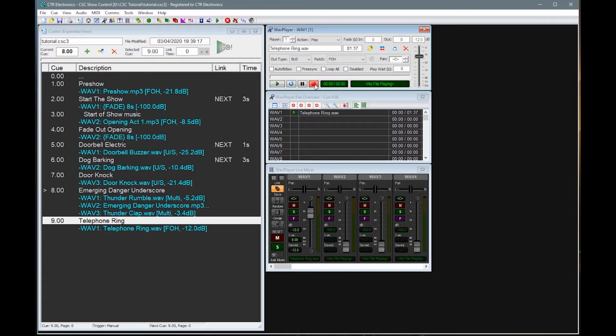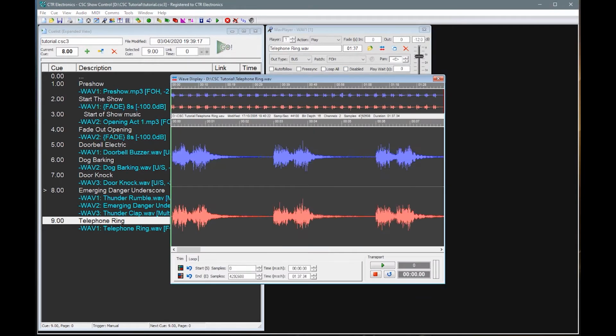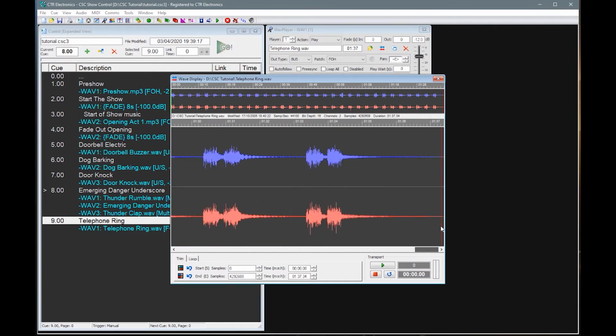And the other thing is what happens when you pick up the phone. So we'll just have a look at a couple of ways that CSC can help us in those sort of situations. If we open up the WAV file, we can see there's actually quite a lot of rings on this file, so we're probably not going to run out in the average show. But